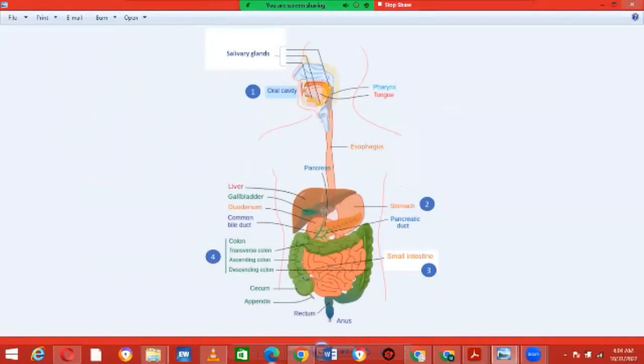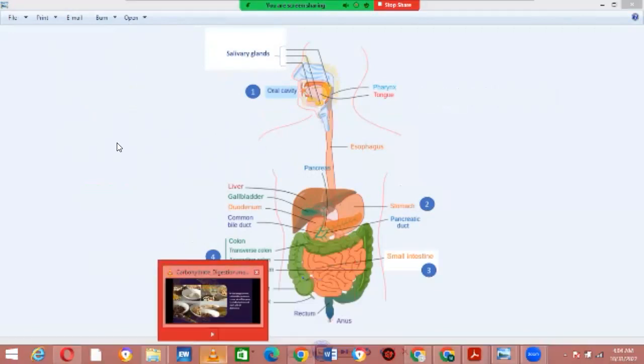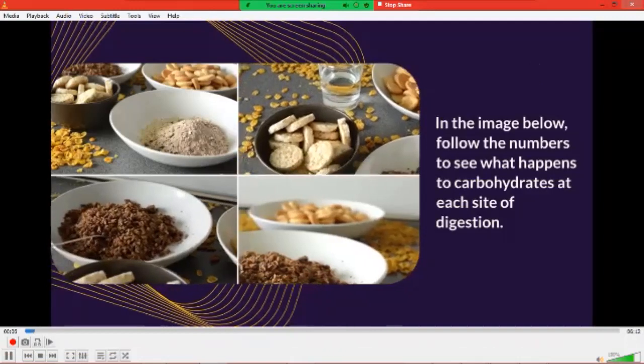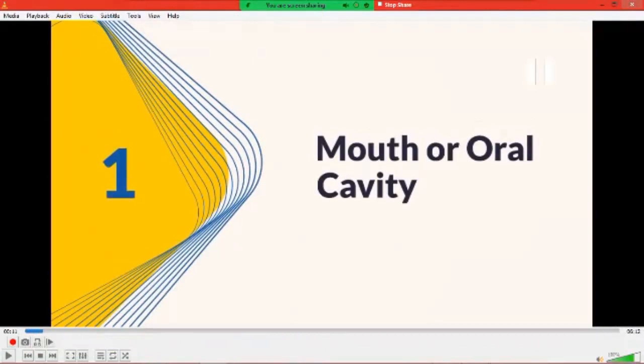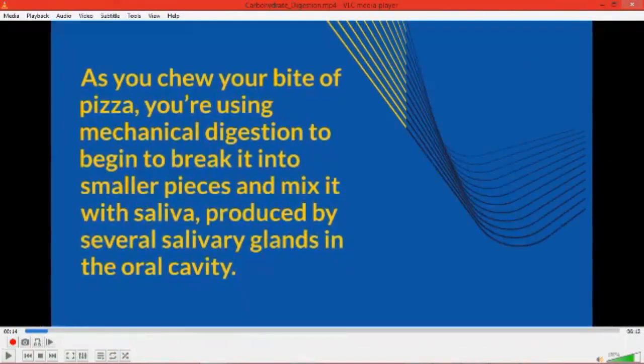Let's just keep going, so you understand what I'm doing. Number 1, stage 1, like I said before, mouth or oral cavity. Now we're using pizza because pizza contains high levels of carbohydrates, so it's something you can relate with. You're using mechanical digestion to begin to break it into smaller pieces